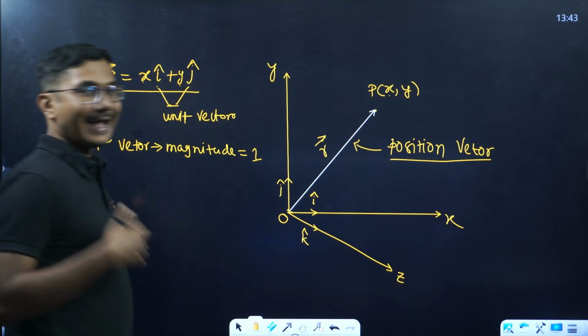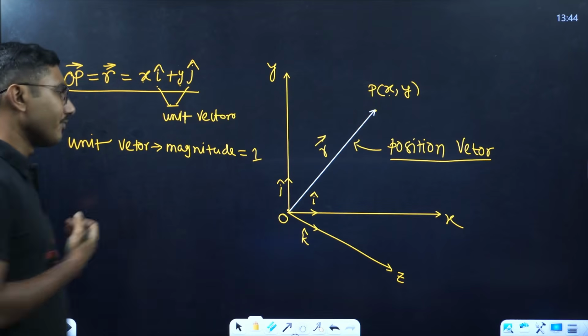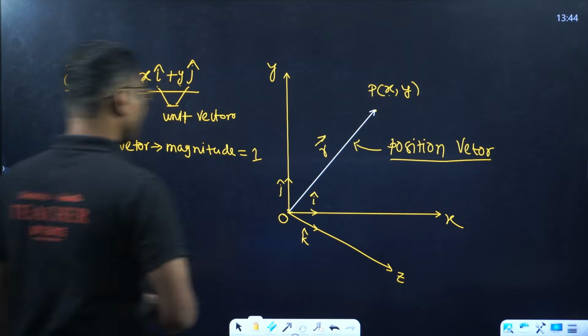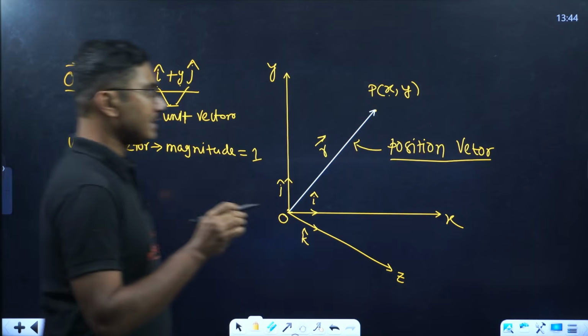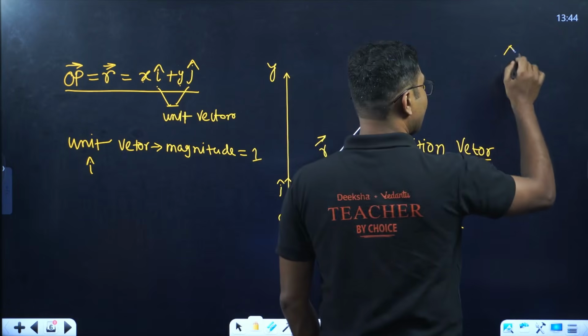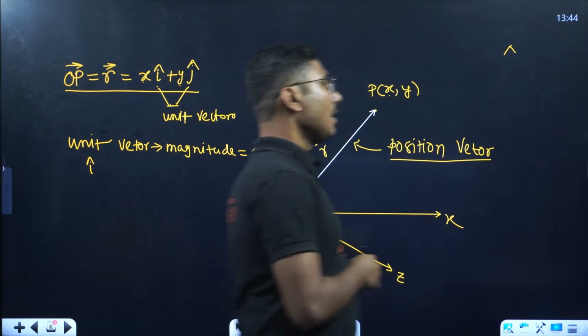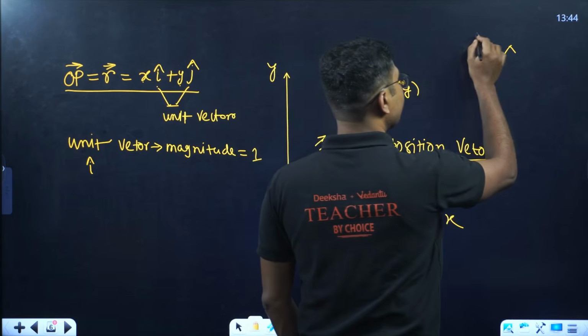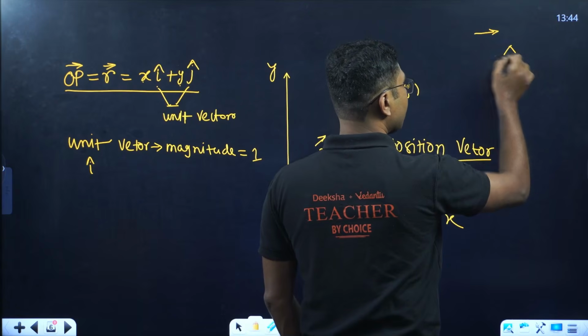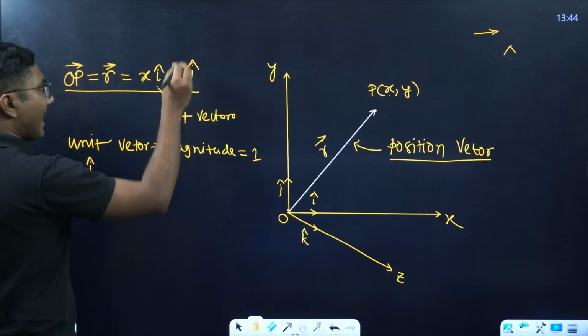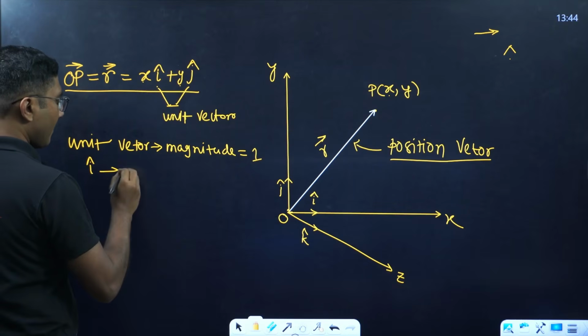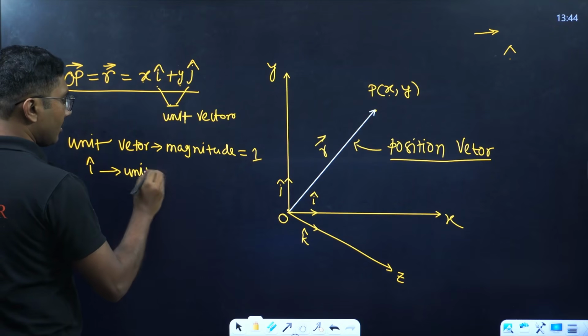Okay, i, j and k, these are the 3 unit vectors. This sign, cap or hat, refers to a unit vector. For a normal vector we use an arrow, for a unit vector we use a cap. So i cap or i hat is the unit vector